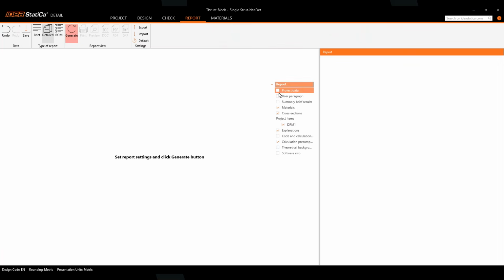You can actually select what kind of report you want, either brief, detailed, or if you want to include only the bill of materials, that's also possible. And you have the options to select what to put in the required parameters, and you can also add in some data. For example, here under user paragraph, you can also attach some images into your report. No? So I actually have prepared